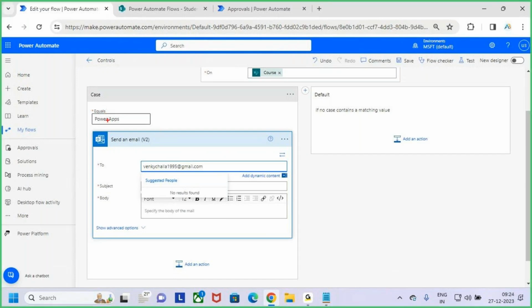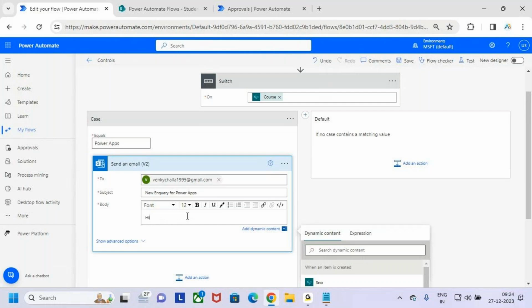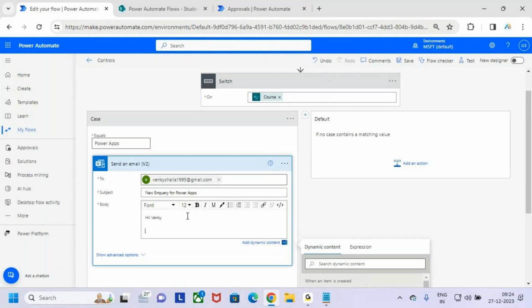So whenever the student is inquiring for Power Apps, if the course is equal to Power Apps, then I want to receive an email. So what is that email? New inquiry for Power Apps. Now what is the text I want to keep here? Hi Venki, new student